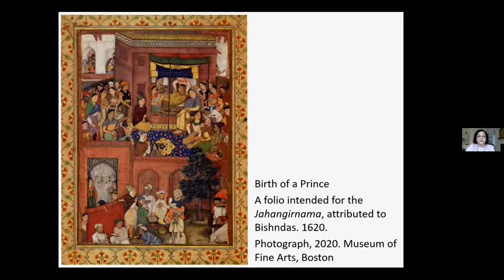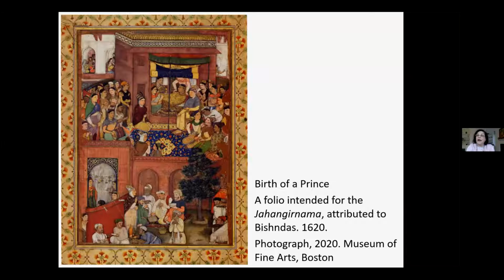One can see Hamida Banu Begum seated here. It's a very famous painting, Birth of a Prince. Here she is, seated, probably presiding over the birth of the future heir to the throne, Prince Salim. It's a folio intended for the Jahangirnama. It's attributed to Bishandas. And one can see that Hamida Banu Begum is seated in a very central position. In fact, the painter seems to focus on her centrality and on her as a figure of authority in the